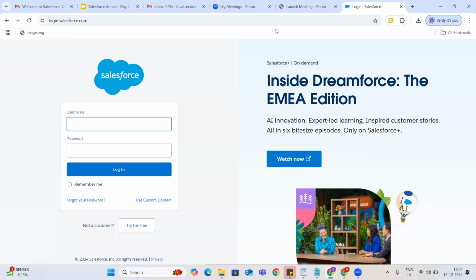Whenever we purchase the product, like Enterprise or Unlimited, whatever the product we purchase uses login.salesforce.com, and from that we can create sandboxes, development or UAT or testing sandboxes, that I have shown you in the previous class, right? But whenever you sign up for a developer org, that is also a kind of production org for you guys, right?